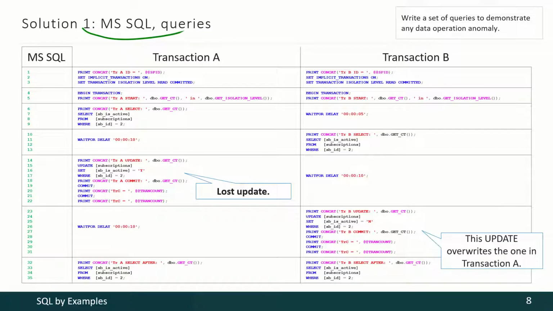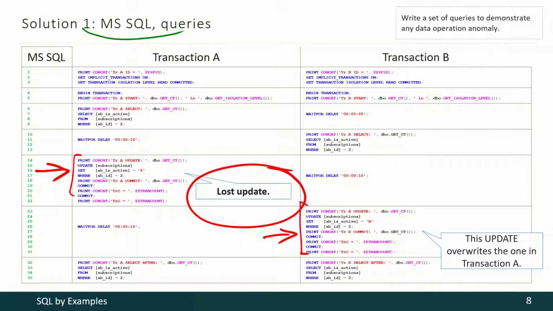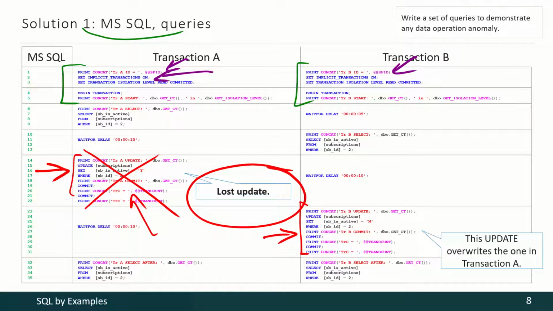With Microsoft SQL Server we shall demonstrate the lost update problem. This problem happens when one transaction modifies data and then another transaction modifies the same data. So this update is lost. Like in MySQL, here we have to start with some preparations. We have to detect session IDs and make sure that those IDs are not the same. We have to turn off the implicit transactions auto-commit. Then we have to set isolation levels for both of our transactions, and then we have to start our transactions.